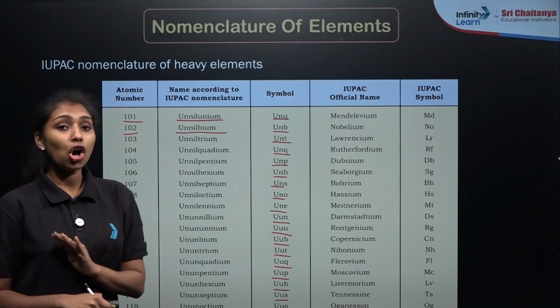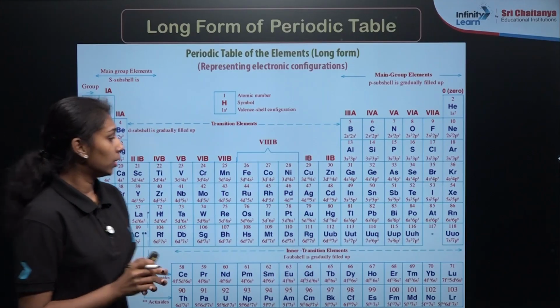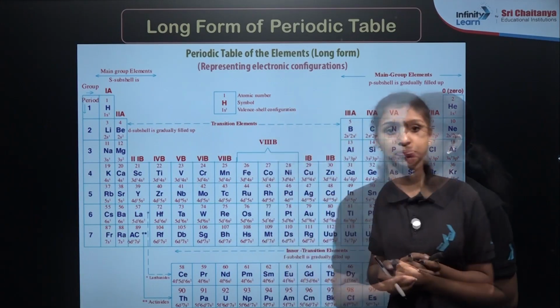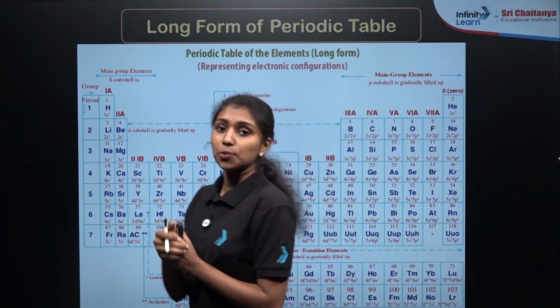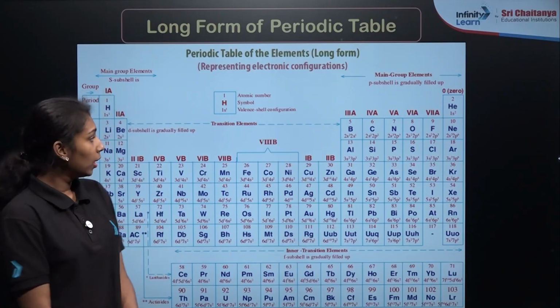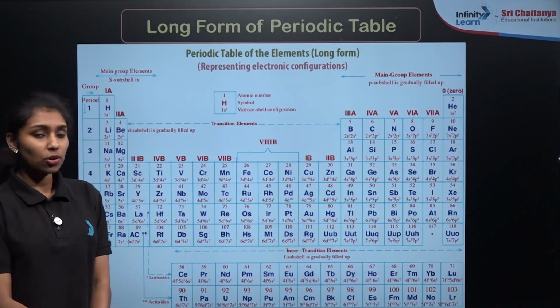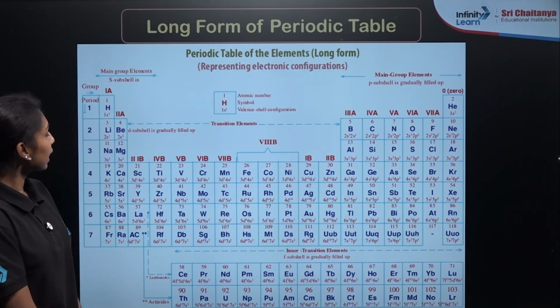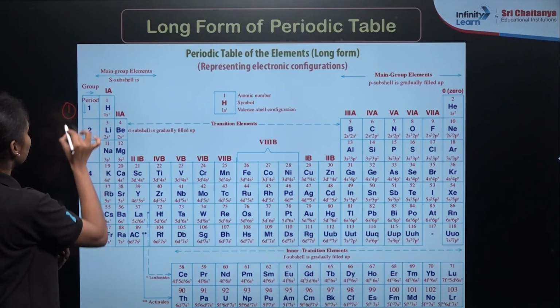Now, we are moving to our long form of the periodic table. So, what are you observing here? The longest form of the periodic table which we are using here is the modern periodic table. So what you're observing here, some columns and rows are present, right? So here you can say that there will be one,